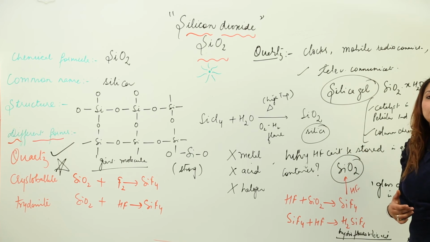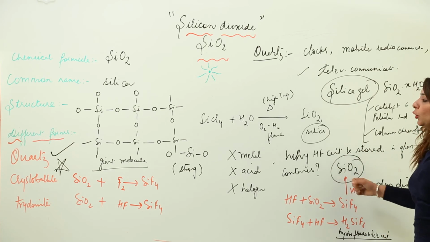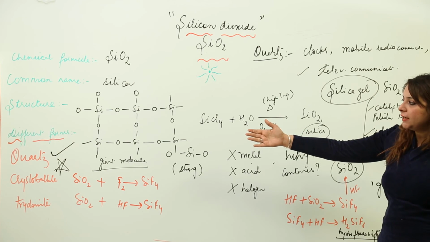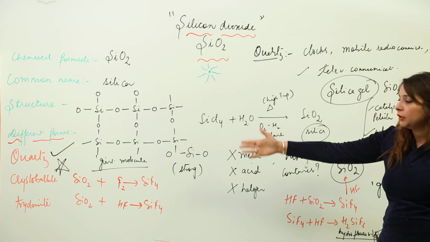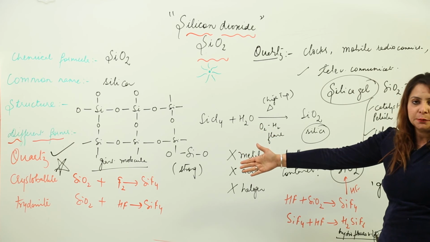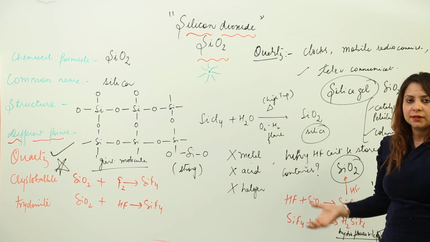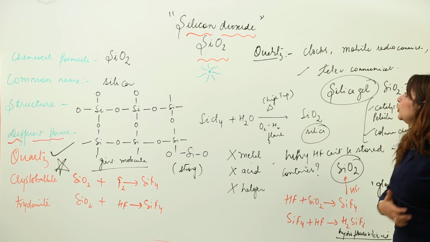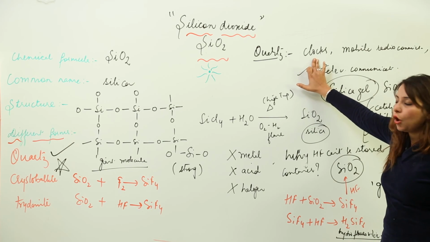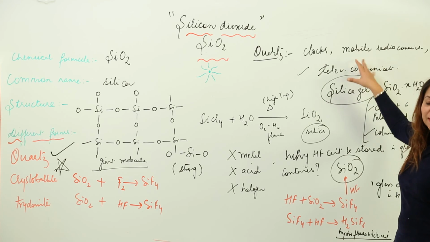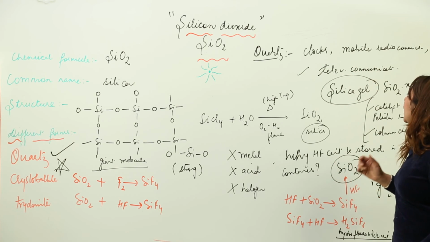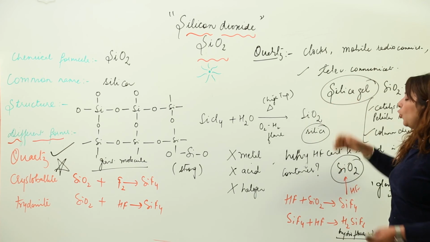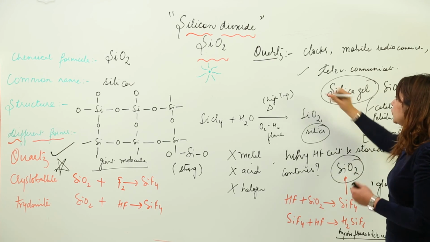Rather than that, we store in metal containers, and moreover the different forms of silica are the crystalline forms, that is quartz, cristobalite and tridymite, and these forms are interconvertible. And quartz is serving an important use. It is used in making accurate clocks, in mobile radio communication and television communication also, and its amorphous form is the silica gel, which is